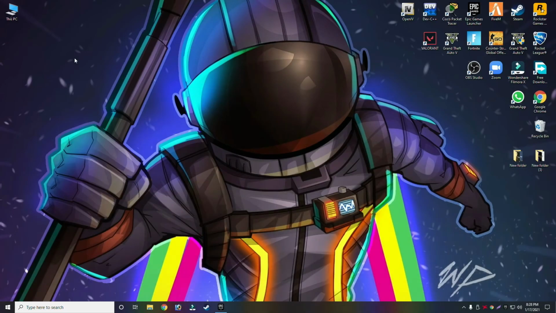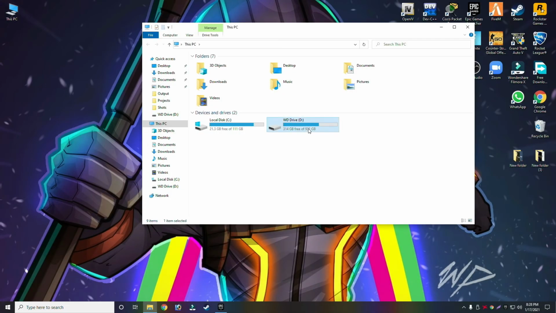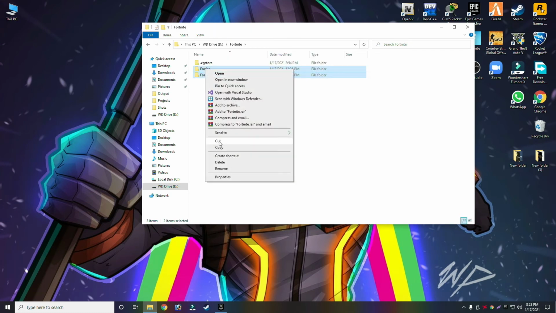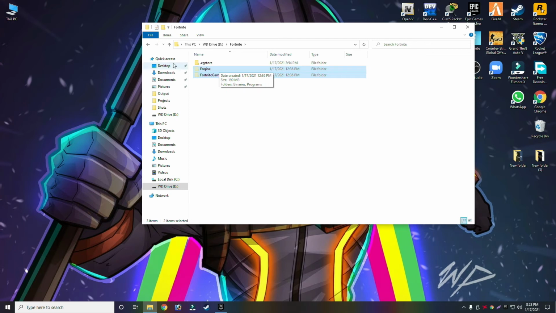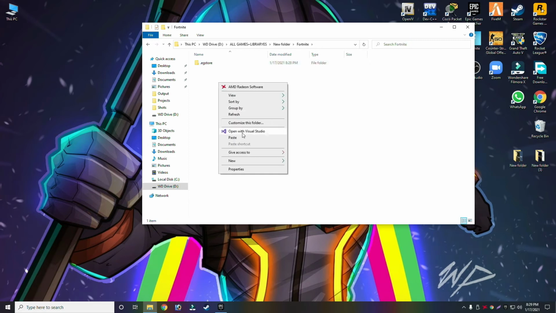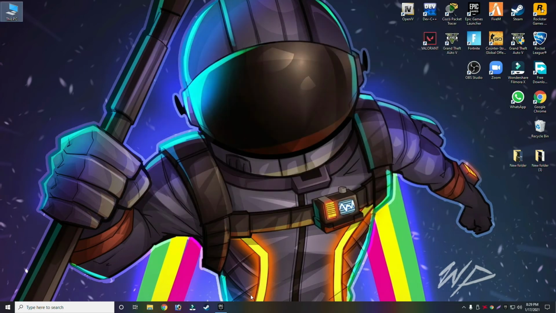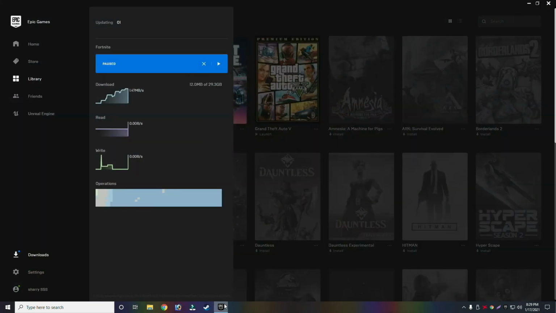And then go back to this PC and copy these two folders from that Fortnite folder and paste them into the new folder which you have already created to install Fortnite and select it in Epic Launcher. And after pasting, now go back to Epic Launcher again